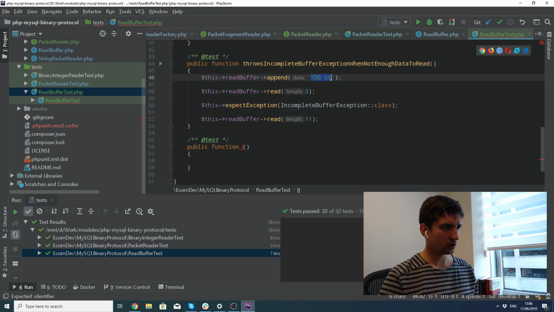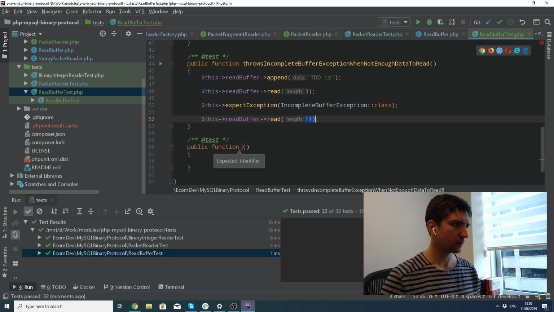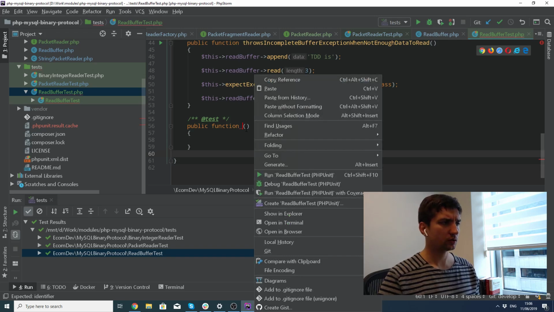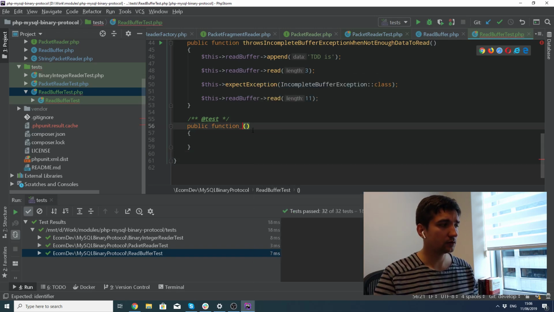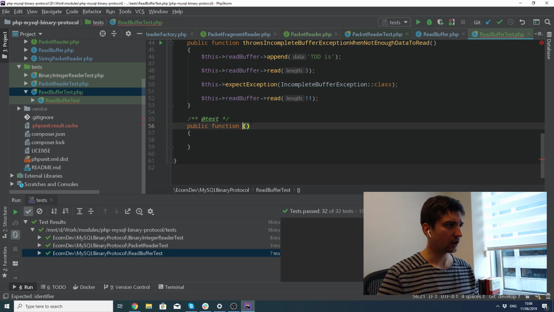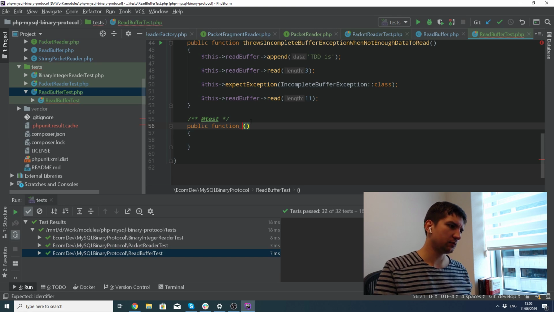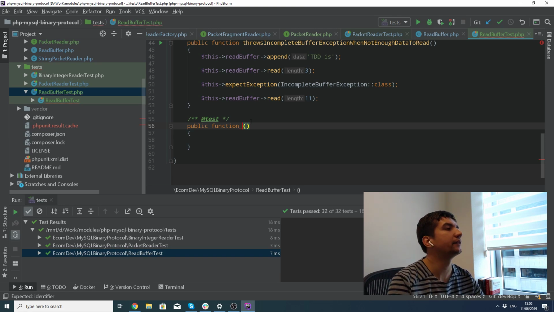So right now we test that TDD is, and we try to read 11 points. Also, I intentionally didn't implement it the correct way as I think I should implement. I just implemented it in a way that lets me evolve my test suites by adding more test cases. So I just try to take a shortcut and implement it as simple as possible. So let me go on and do some